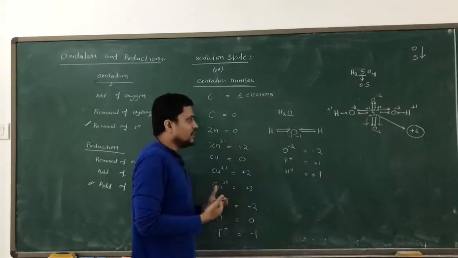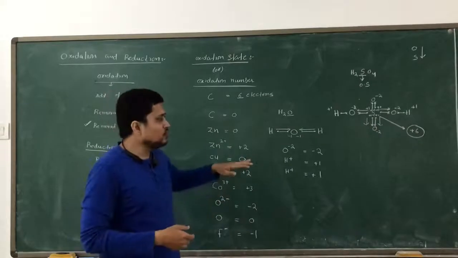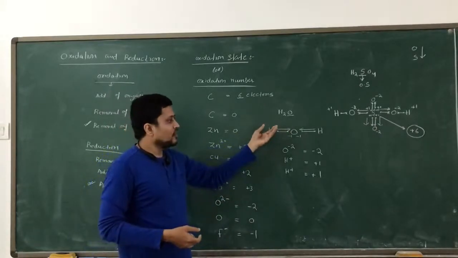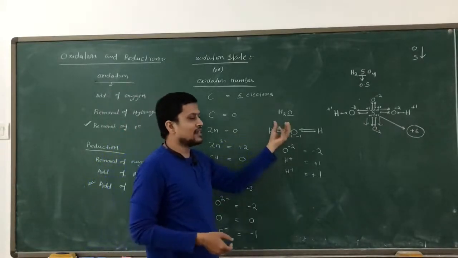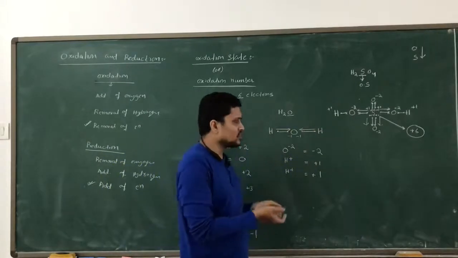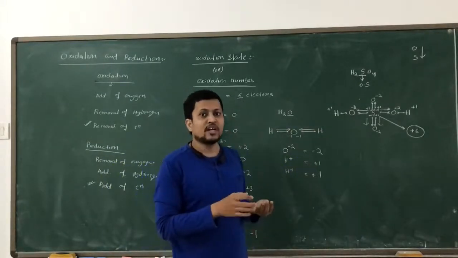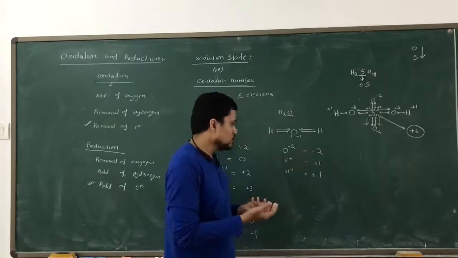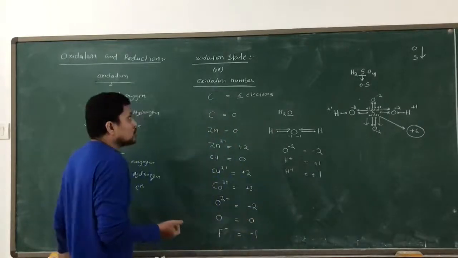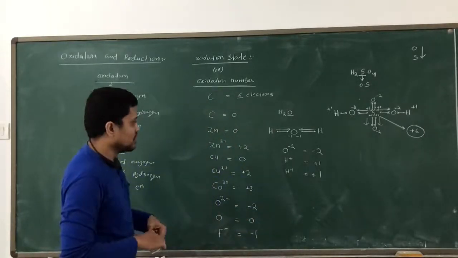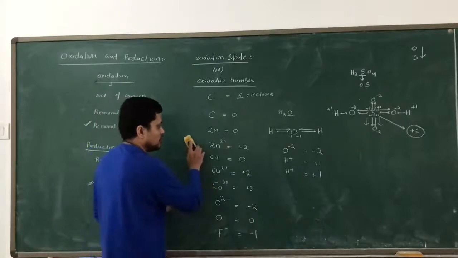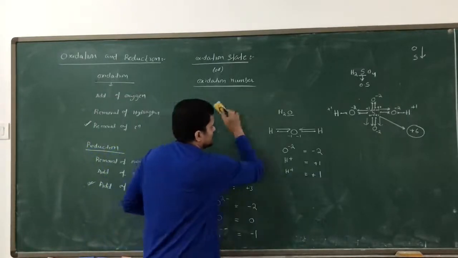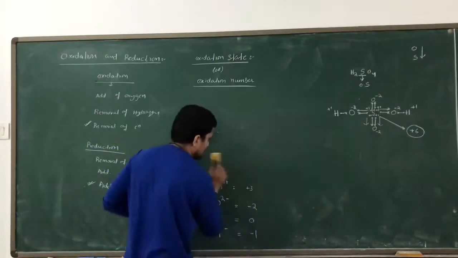But there is one more method. By seeing any compound, if you go for a calculative, mathematical method, we can easily give the oxidation state of those compounds. Now we will try to learn that method, so that we can give the oxidation state for the given compound. So I will go through some of those compounds now. Some examples I am giving to you now.